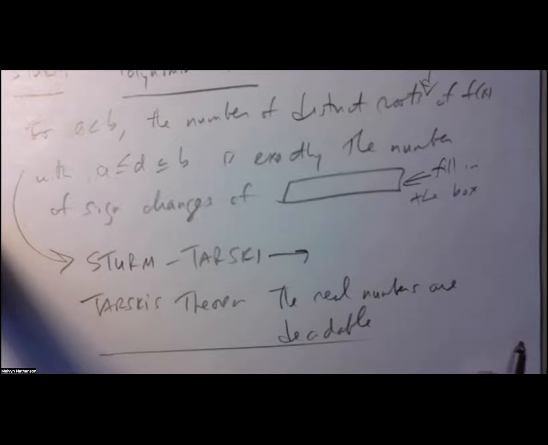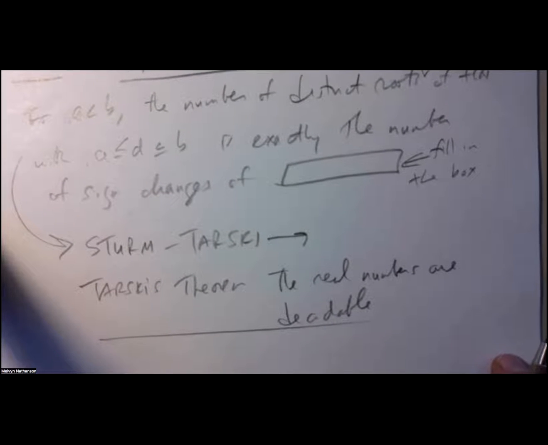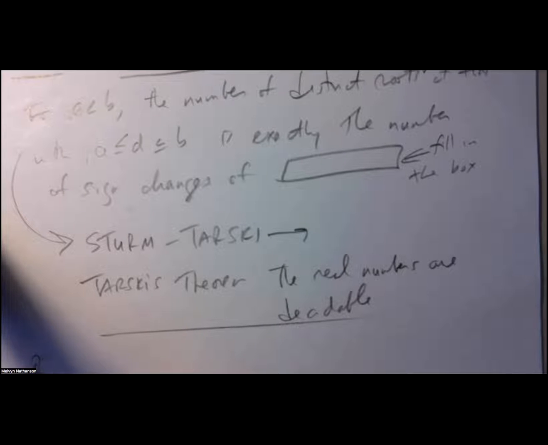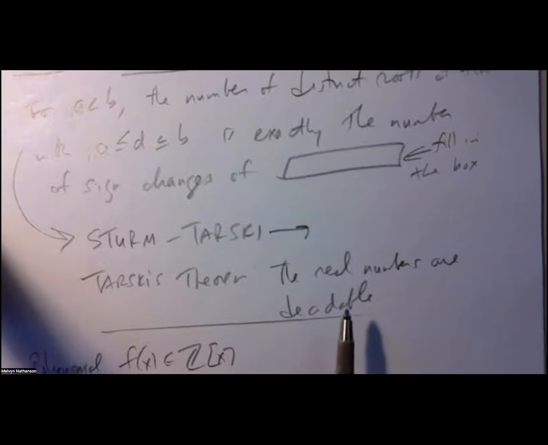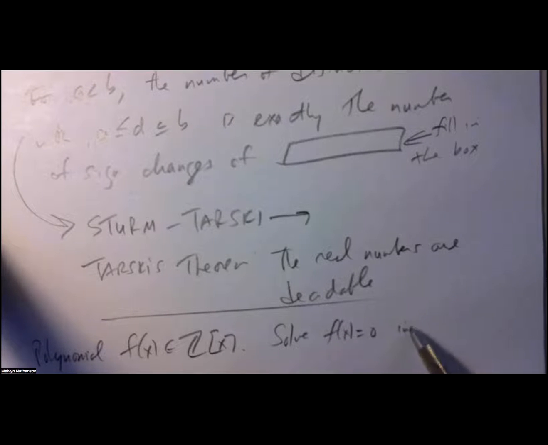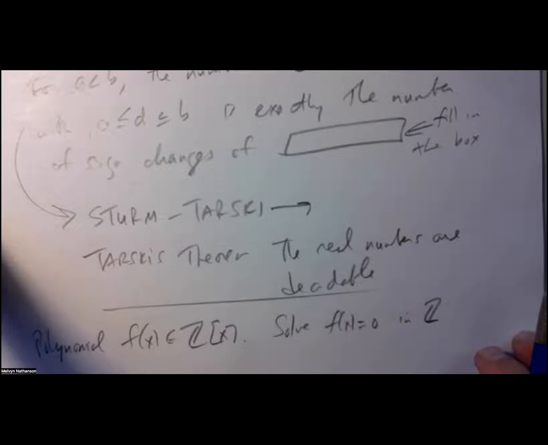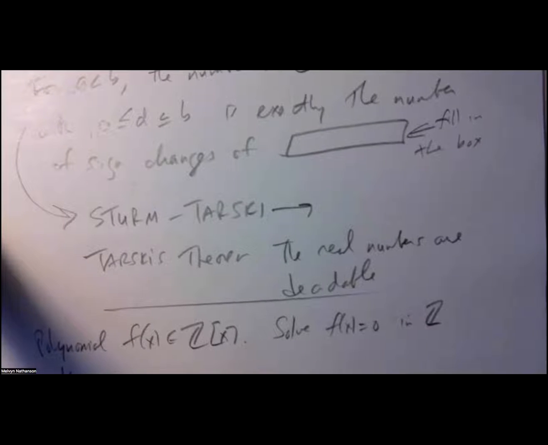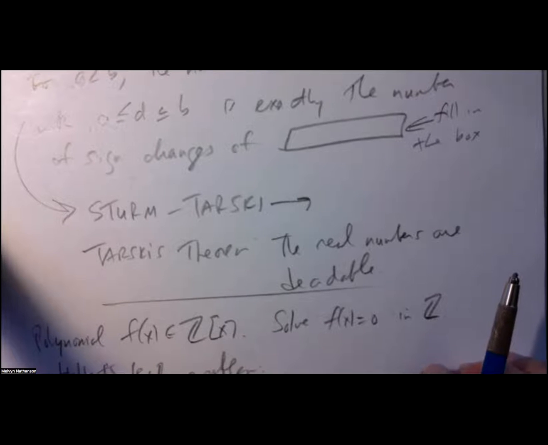Let's see. So this can mean lots of things. I'll give you a simple-minded version of what it means. So if you have a polynomial f of x with integer coefficients, and you want to know if you can solve f of x equals 0 in Z, the answer is sometimes you can and sometimes you can't. But in general, for all polynomials, you cannot. So this is Hilbert's 10th problem, which was reduced by